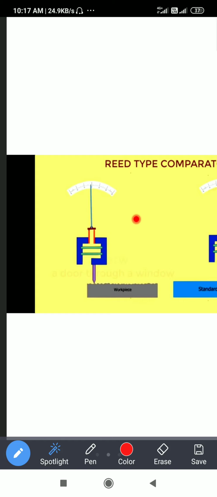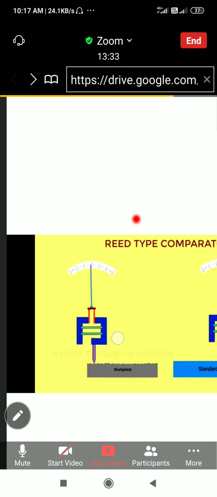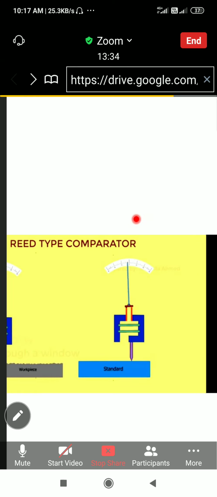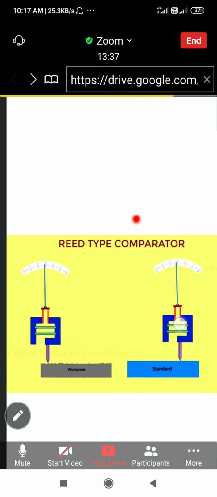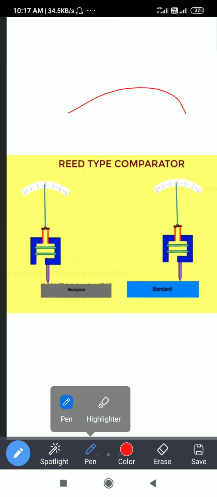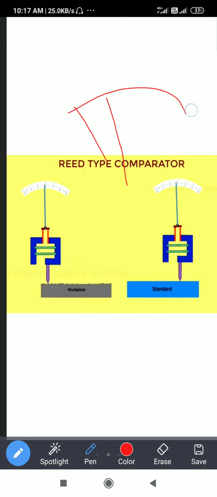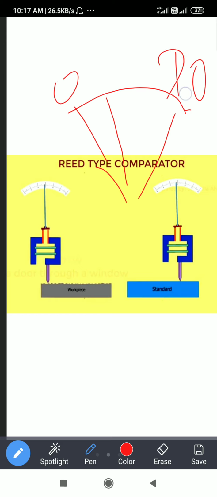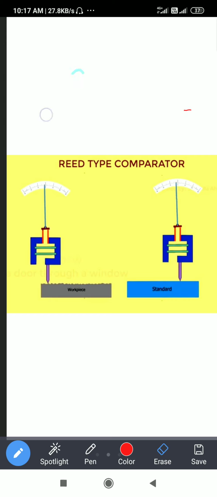In operation, first of all you can see in this diagram, the comparator is checked with a standard specimen, and with the standard specimen you have to select the range. From this to this range the needle is moving, that means 0 to 10 or 20, in this range the needle is moving. That means the workpiece should also move